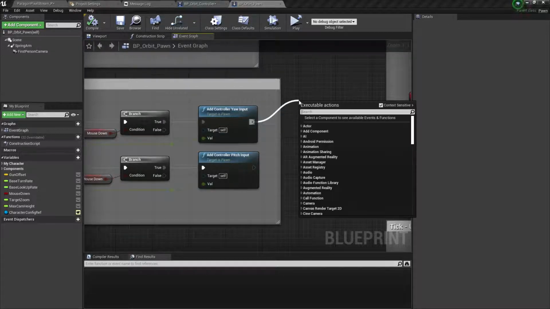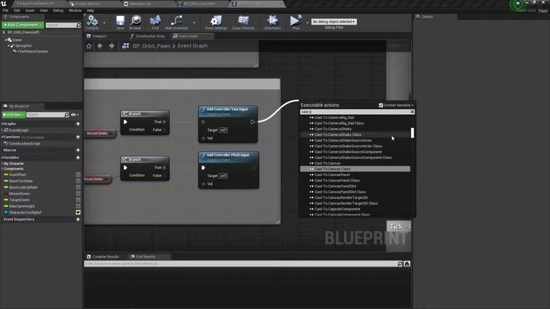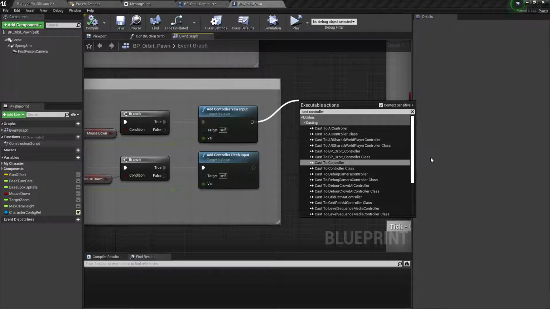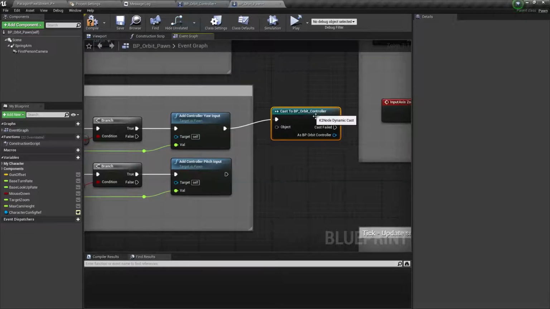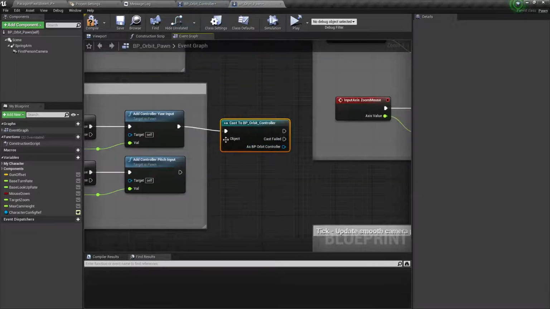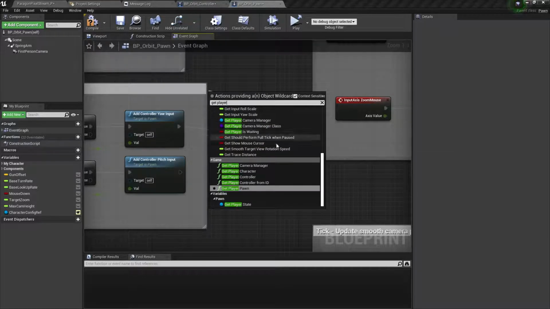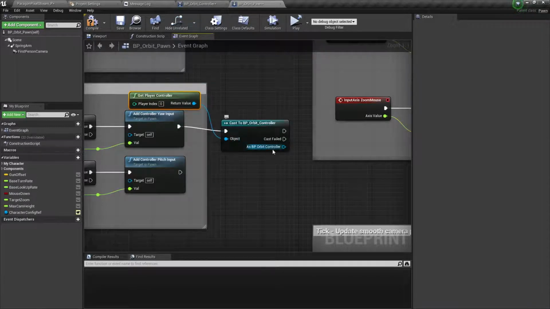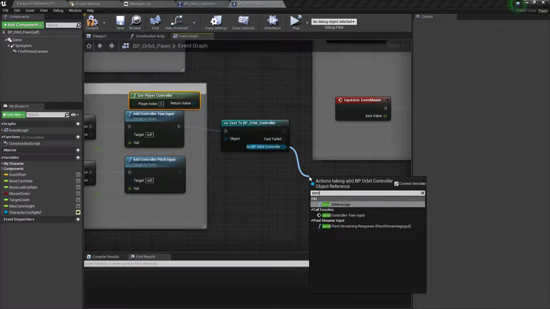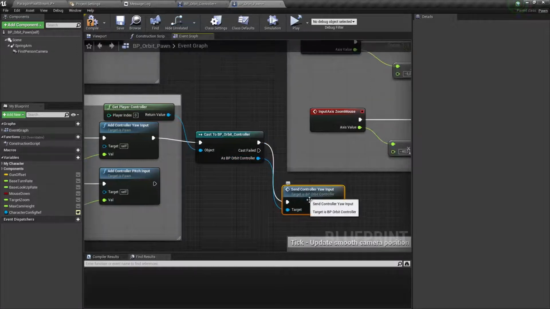So to do that, we can just cast the controller, and in this case it's called BP underscore orbit underscore controller, and get player controller, it should be, and look for the send controller yaw input function that we created.